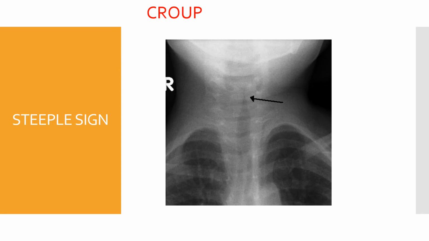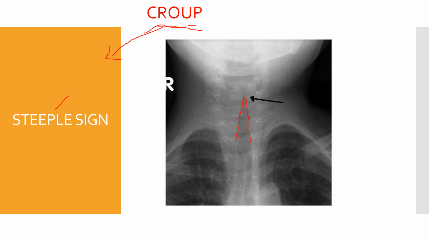So next is croup. Croup also I had already discussed. Croup and acute epiglottitis both present almost the same because the child will be having stridor. But the major difference is in croup, all the features like stridor, fever, everything happens gradually. But in acute epiglottitis, all these features occur suddenly. That is the major difference. So here the classic sign we get in X-ray is known as steeple sign. That is also very important. So you can see this is the steeple sign we get in croup.